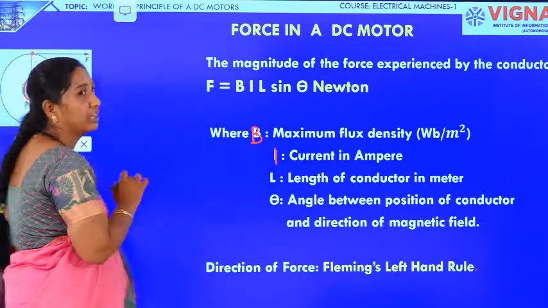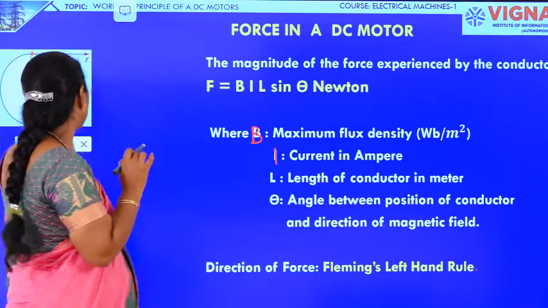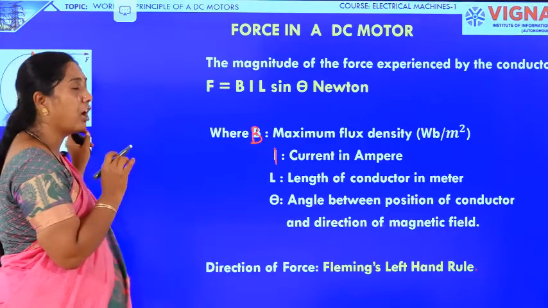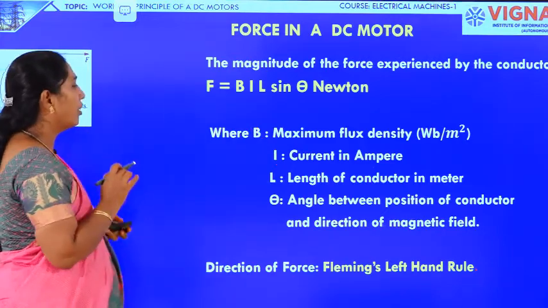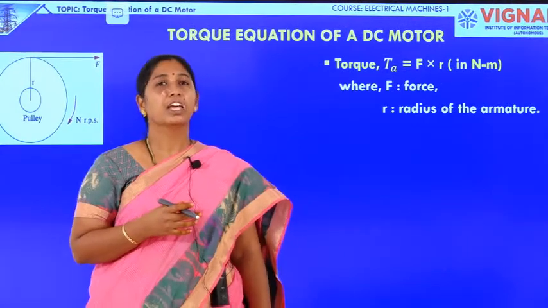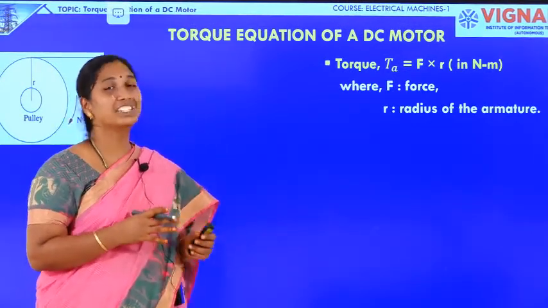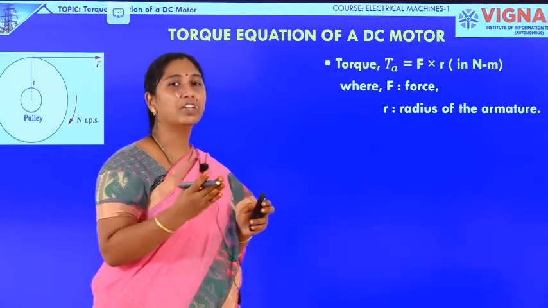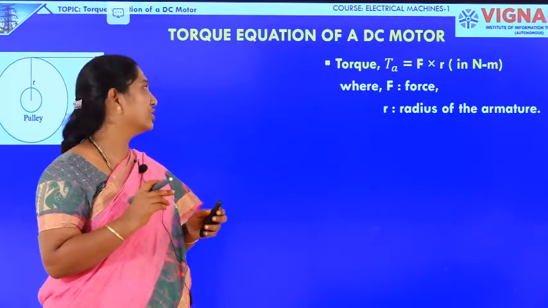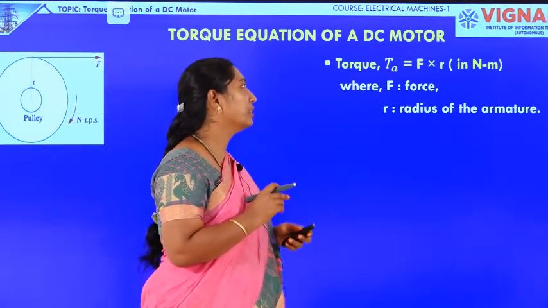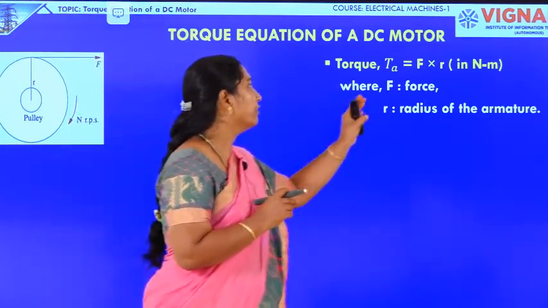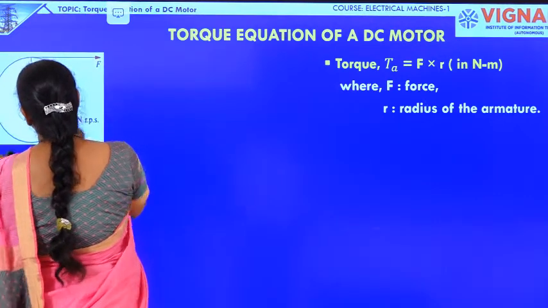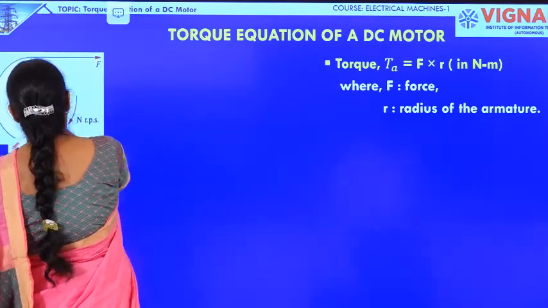This force will act on the conductor at a distance from the axle of the rotor. So, the force is experienced by the conductor, and now let us look at the expression for the torque that is acting on the axle of the motor. Now, let us look at what is the net power that is developed in the DC motor. First, we will calculate the torque developed, and then we will look at the power developed in the armature. So, the torque developed in the armature will be given by F, the force, into the distance between the conductor and the point where the force is acting.